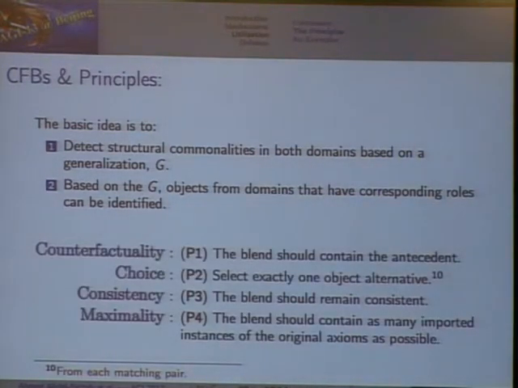So we put these criteria to govern the kind of blending, the possible blends that can be constructed. The first one is counterfactuality: we must insist that in the blend we have the antecedent of the counterfactual, of course. The choice also says something sensible, that exactly one object alternative from each matching pair from the given domains must be selected, and the resulting blend should be consistent. And it should be maximal, in the sense that if it is contained in another blend, then we take the bigger one, in simple